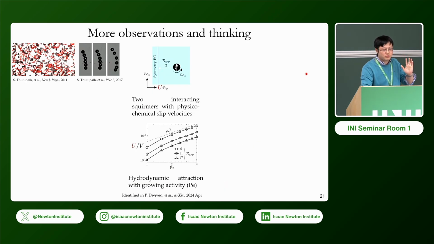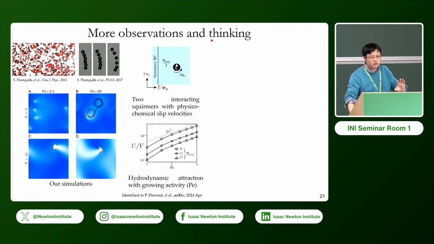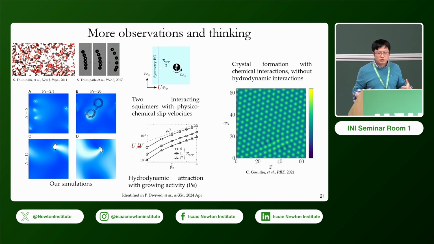So if this hydrodynamic attraction becomes strong enough or dominates this chemical repulsion, it might explain this string formation seen in the experiments as well as reproduced in our simulation. Now what we do is disentangle this chemical effect and the hydrodynamic effect, and just look at the hydrodynamic attraction. We can find that indeed this hydrodynamic attraction velocity can grow with Péclet number. And the last comment I want to make is that